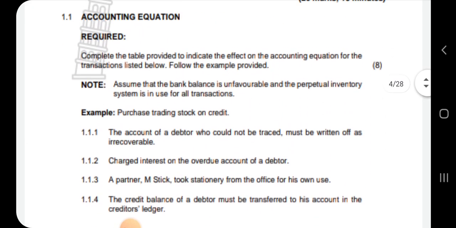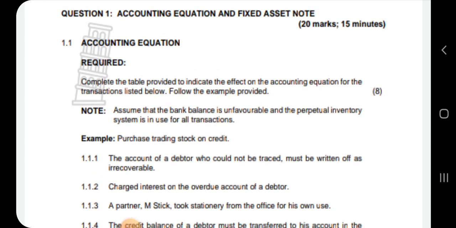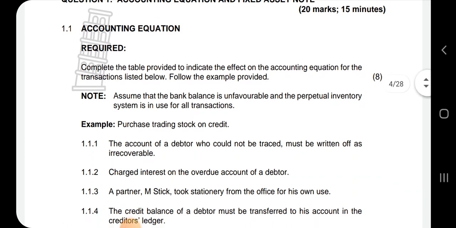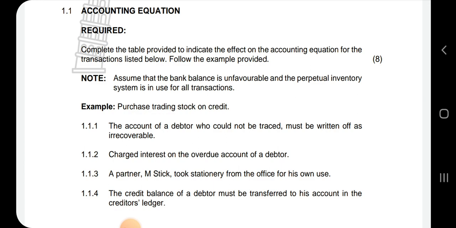So now we will get into our question paper. That is question 1, the accounting equation and fixed asset note, 20 marks, and we are required to take 15 minutes analyzing these transactions. We are going to do the accounting equation. Complete the table provided to indicate the effect on the accounting equation for the transactions listed below. Follow the example provided. A note says assume that the bank balance is favorable and the perpetual inventory system is in use for all